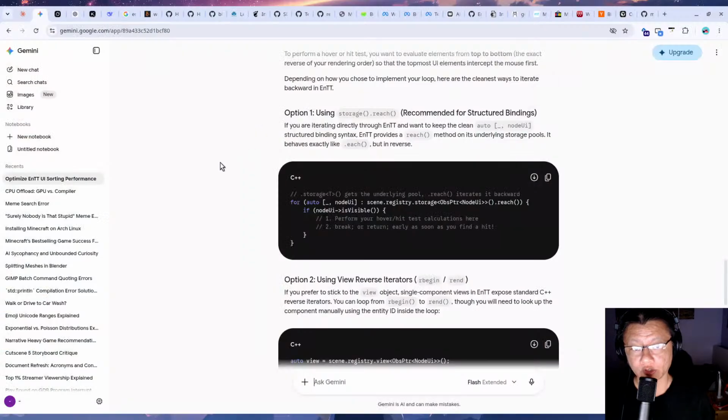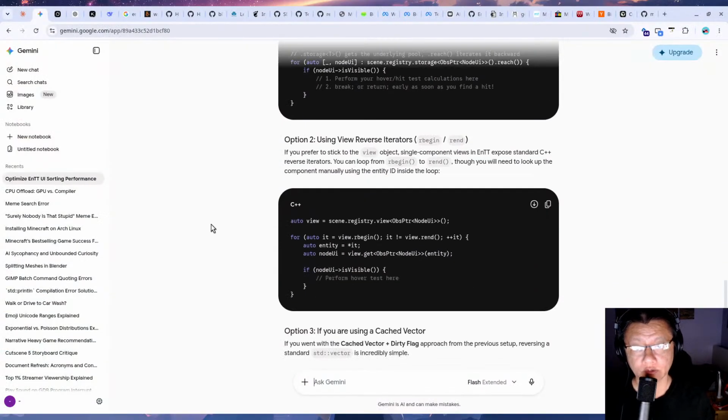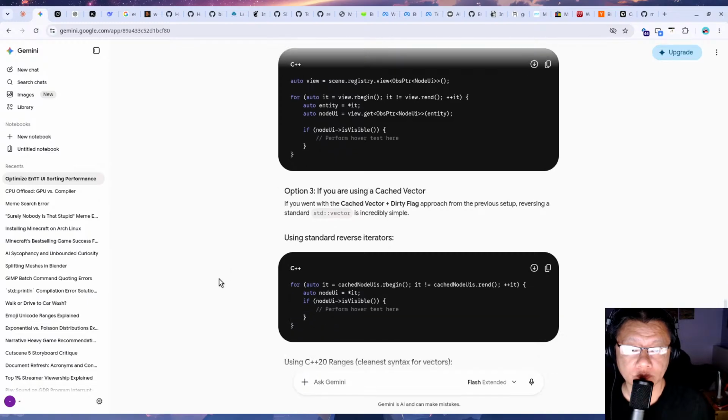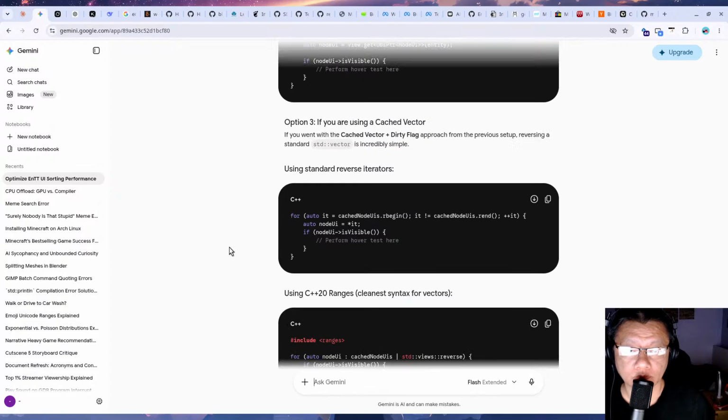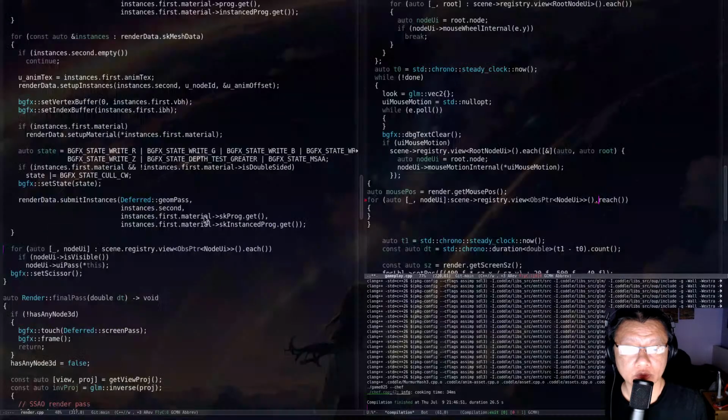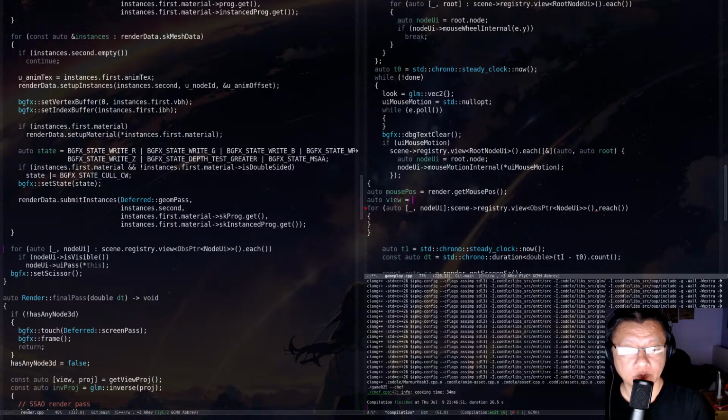It looks like it's hallucinated. Oh, there is a reverse iterator. So I can use, so I can do get the view, and then I can do